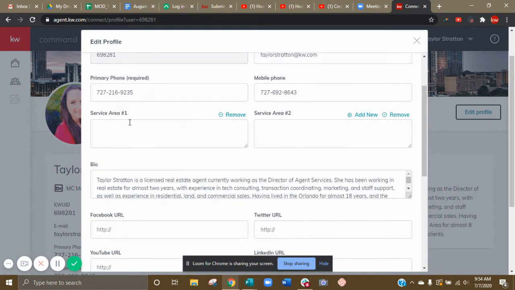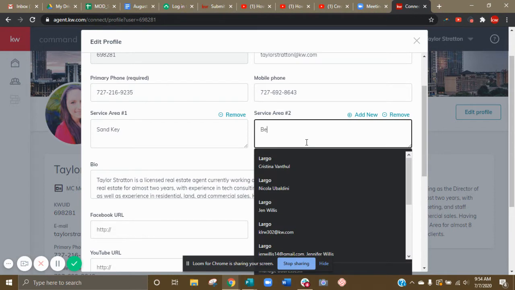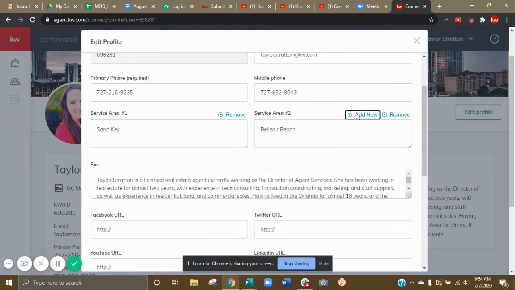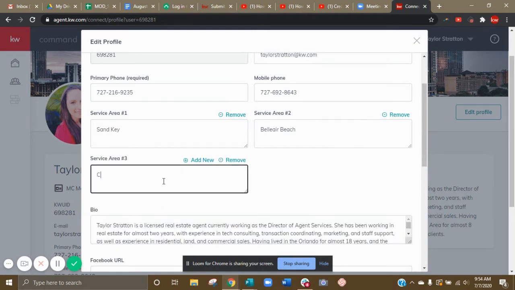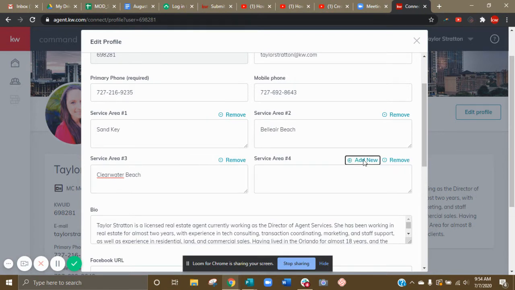here is important, these are your service areas. I suggest adding the service areas individually as they make it a little bit easier for searching. So for example, I would have, let's say, Sand Key, Bel-Air Beach, and Clearwater Beach. And if I wanted to keep adding, I would just hit Add New, and I can keep adding